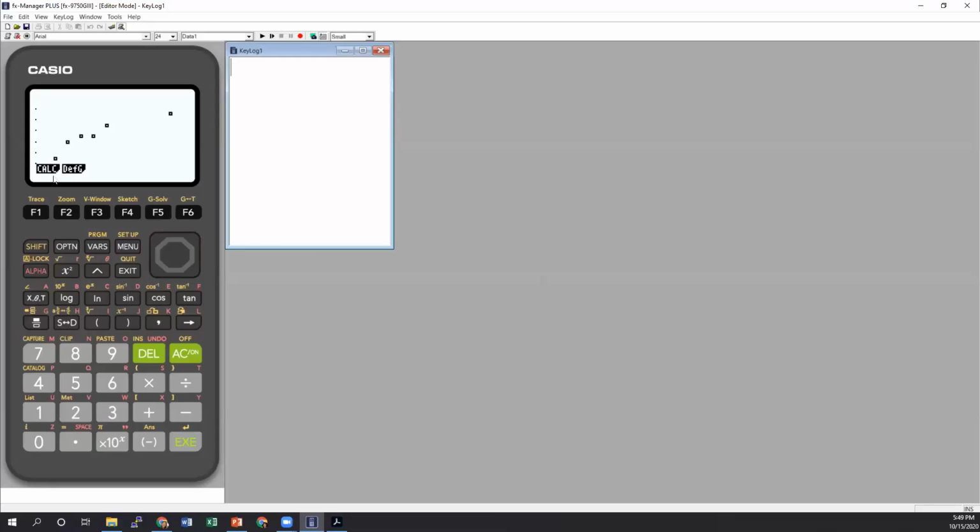So in order to fit it linear, once we have it graphed, you're going to go to calculate again. And remember, this brings up your 2 variable, because that is what we're looking at. It doesn't give you the option for 1 variable, but it gives you all the options for your regressions. So you can see here we have all different options to choose from, but we're going to test out linear.